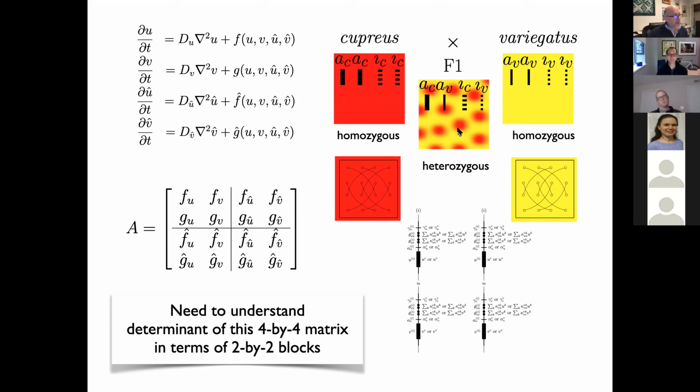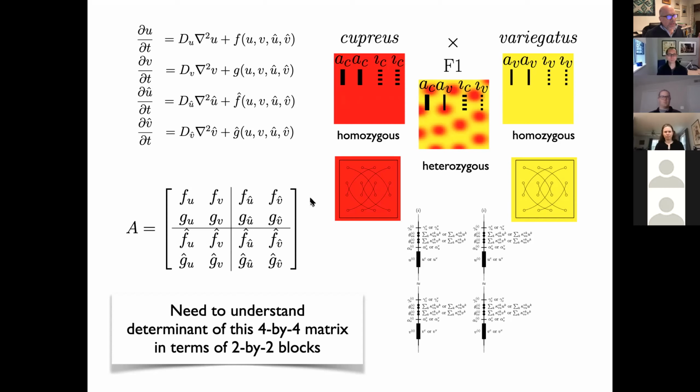So in the F1 cross, the flower is heterozygous, and now you really do need the four equations. For the homozygous case, you could have contracted this system to get a smaller 2x2 system, just using the fact that the two equations for the activator and the two equations for the inhibitor were identical. But I think it's easier to just think about things from the perspective of all of the organisms being diploid. The issue is that in the case where you're homozygous and you're trying to think about the stability, the instability that's leading to the pattern,